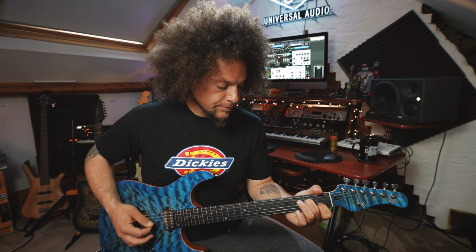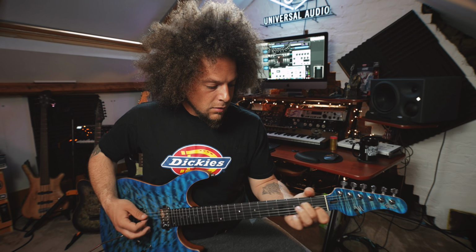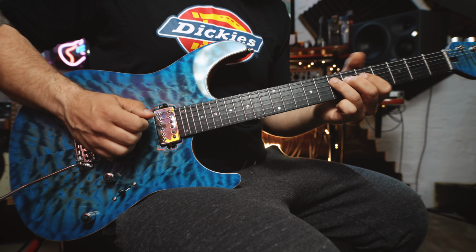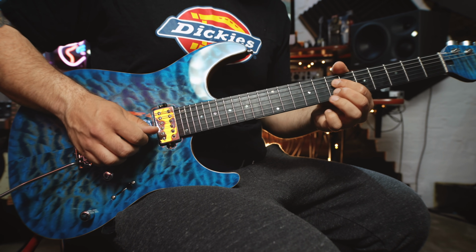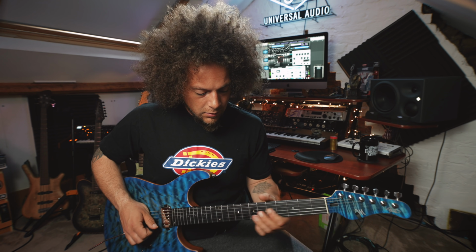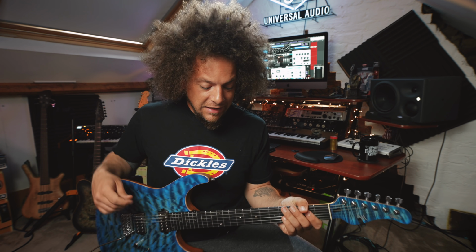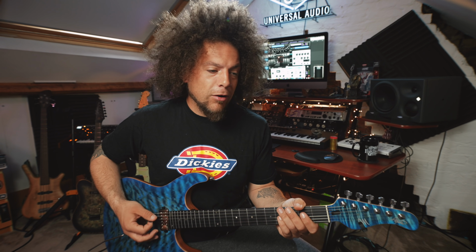Throw on the Astra. So I could get kind of carried away with that, but it sounds really nice. Again, as you can see with the gain so low, but with the bridge pickup being quite high output,